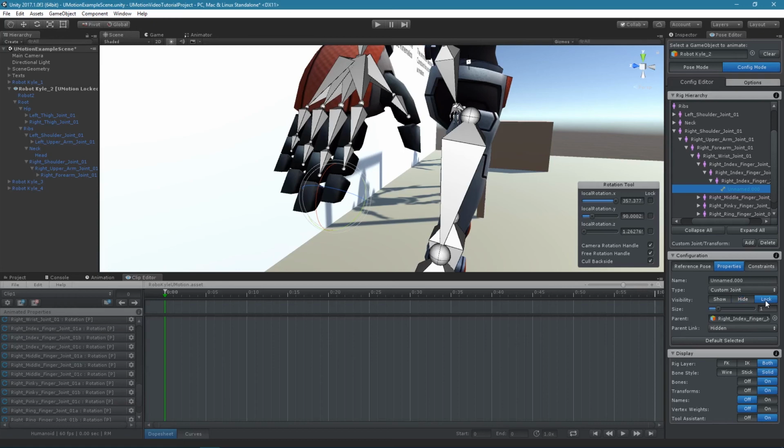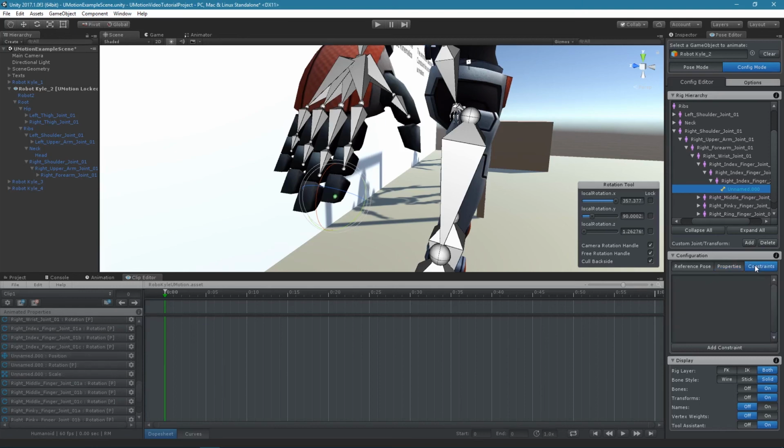Locked joints or transforms are read-only. They are hidden in the scene view and their properties are not displayed in the animated properties list. As mentioned before, UMotion may have automatically hidden or locked joints or transforms, so it may be necessary to manually make them visible again. Constraints are an exclusive feature of UMotion Professional. Constraints can be used for inverse kinematics or for changing the parent of a joint or transform during an animation. For more information, please check out the UMotion Professional tutorials.